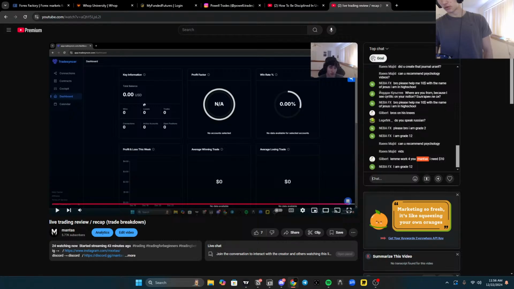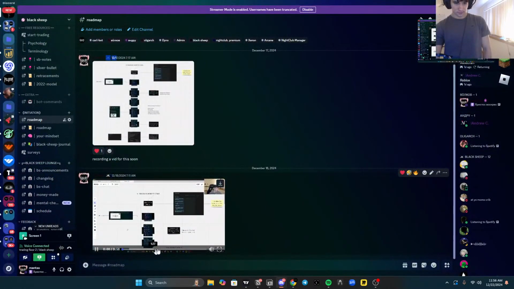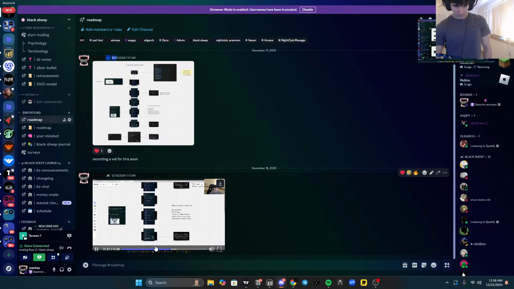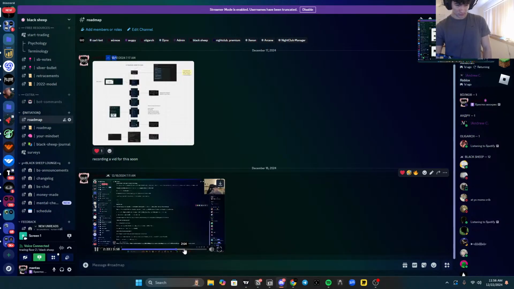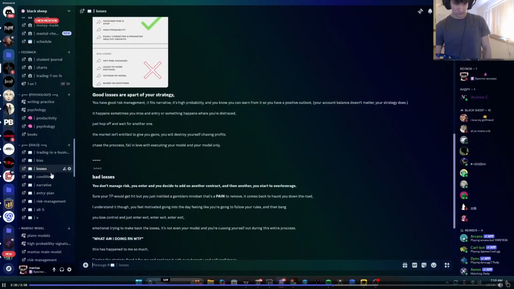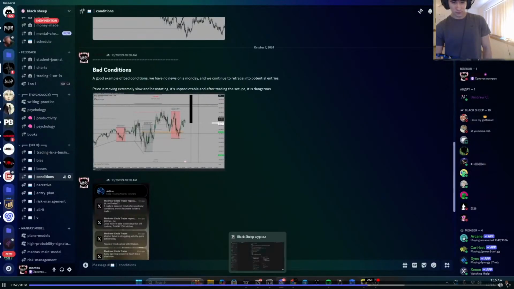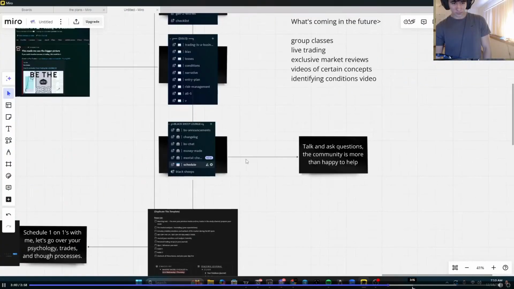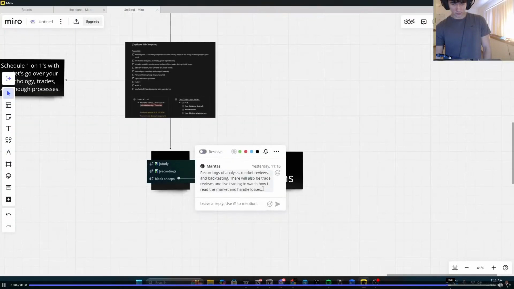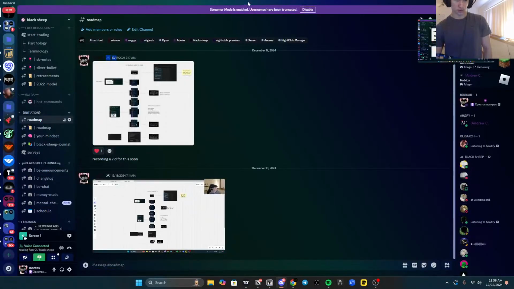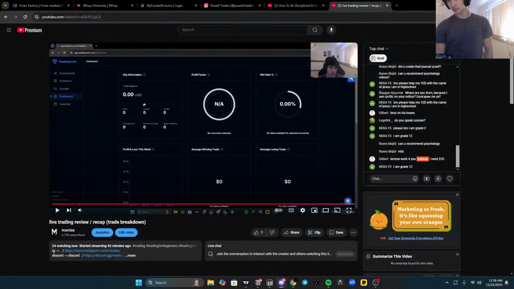I have a roadmap for the Black Sheep. Alright, welcome. Setups. I might release this as just the thing you need. Coming up next, we have losses, proper journaling, conditions, all that trading is. But online, you can just ask them. This is like the one market I handle, but this is a quick rundown. We'll see how it goes. First roadmap. I'm not expecting this one to